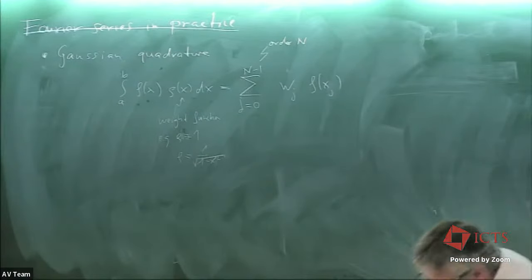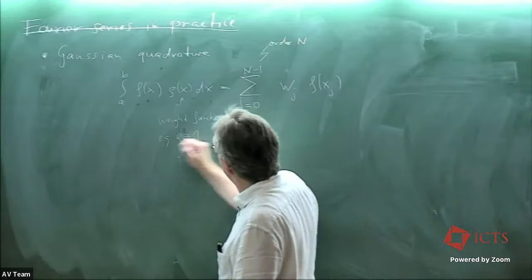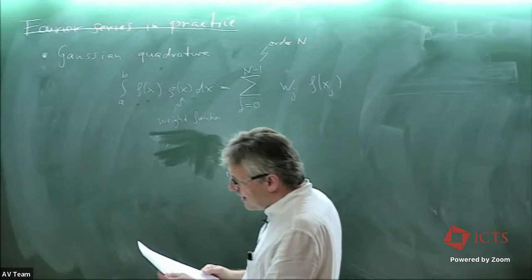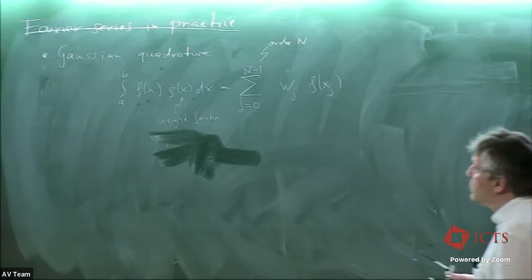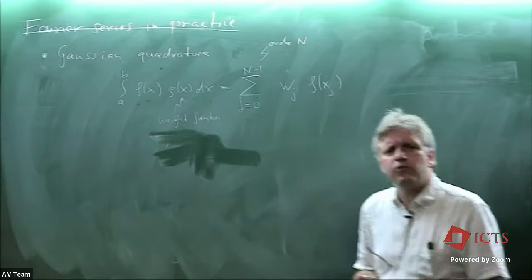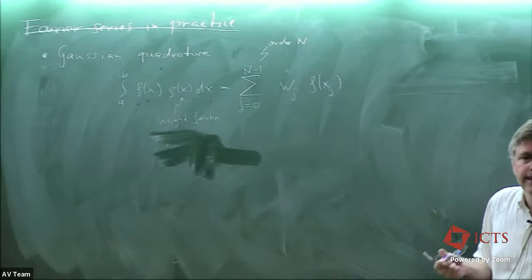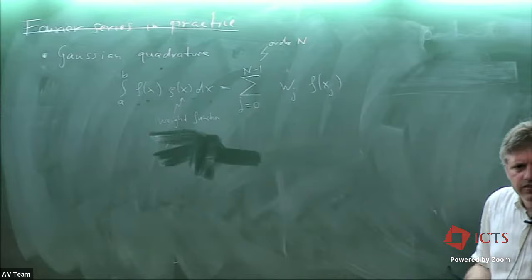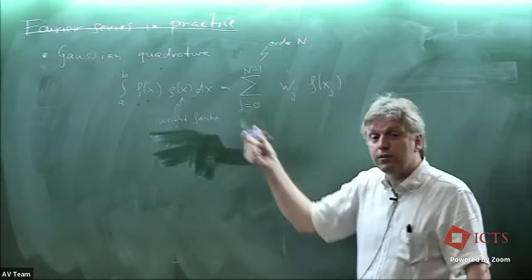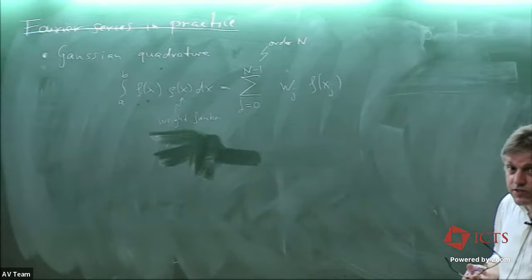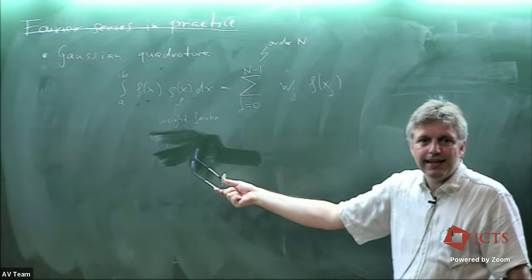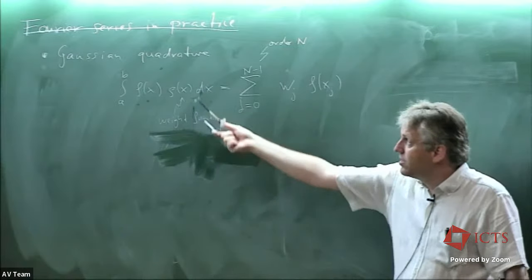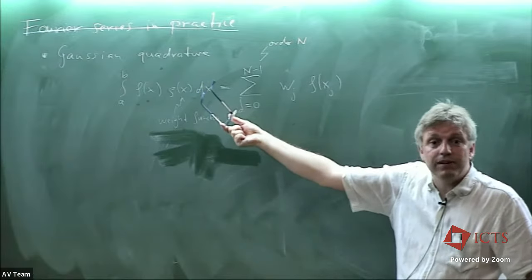Okay, so how do we define the weight function? Is it already predefined, or are there any constraints? The weight function is predefined, and it basically comes from the problem at hand. It turns out for Fourier series, the weight function is going to be 1. It turns out for Chebyshev polynomials, the weight function is 1 over the square root of 1 minus x squared. And it's a detail that is floating around, but it actually has very little impact on what's going on.